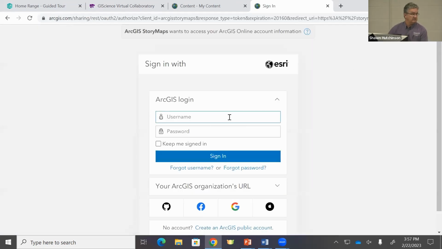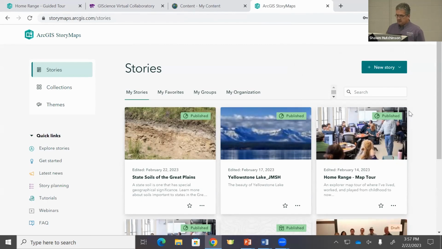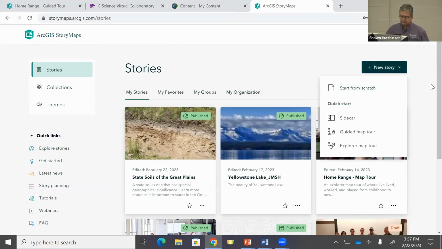You don't have any content yet in terms of StoryMap. This website is really considered the StoryMap application builder site. Believe it or not, it's connected to your portal. So when you create a web map, or excuse me, a story map here, you'll also see it in your portal content. But this is the overarching application where we're going to construct the actual story map. If you click on New Story, upper right-hand corner,